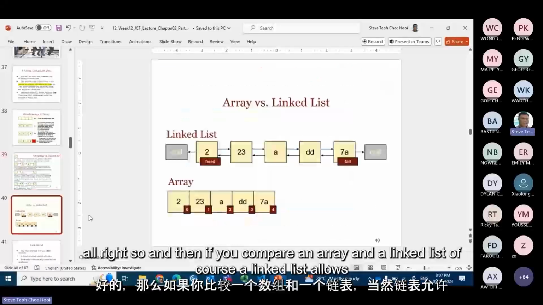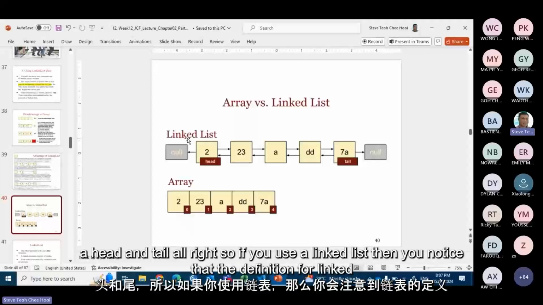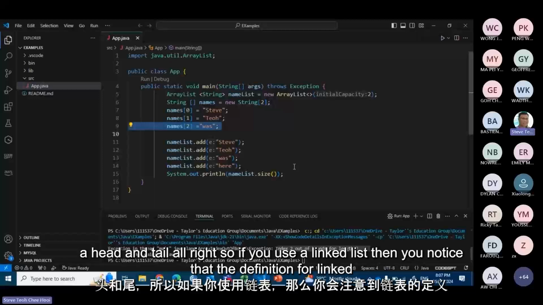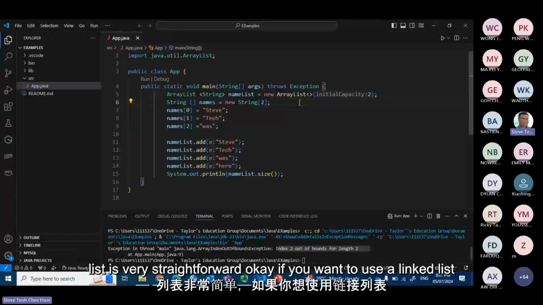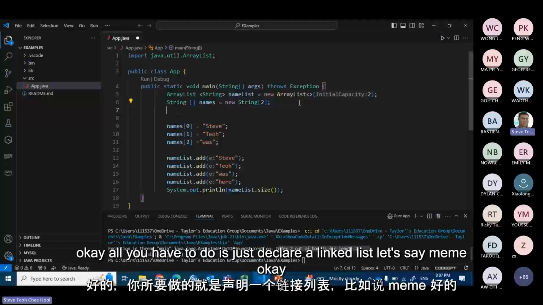All right. So if you compare an array and a linked list, of course, a linked list allows traversal both from beginning to the end and from end to beginning. And that's why we say that they have a head and tail. All right. So if you use a linked list, then you notice that the definition for linked list is very straightforward. Okay. If you want to use a linked list,